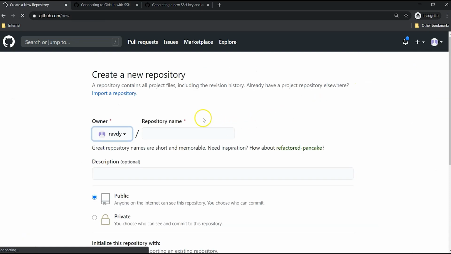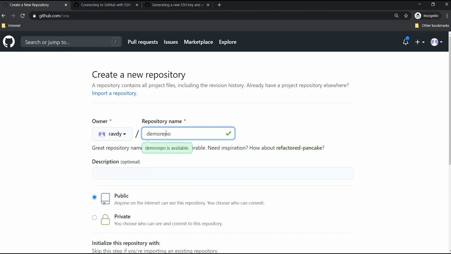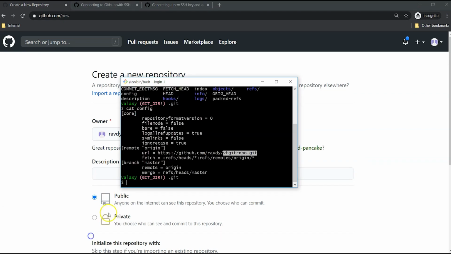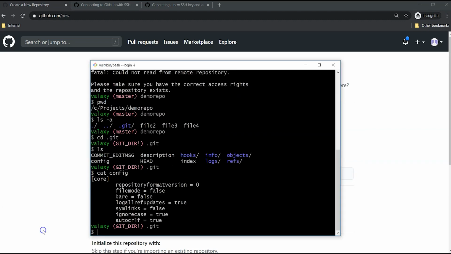New repository. I'm creating demo repo. The name can be anything, of course, but let it be the same or an equivalent name so that we can avoid the confusion. So we are creating a repository called demo repo. That is the repository name we are using here as well, right? Sorry, not this one. So if we see,